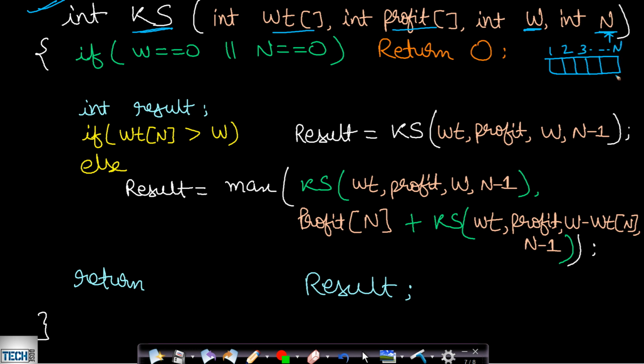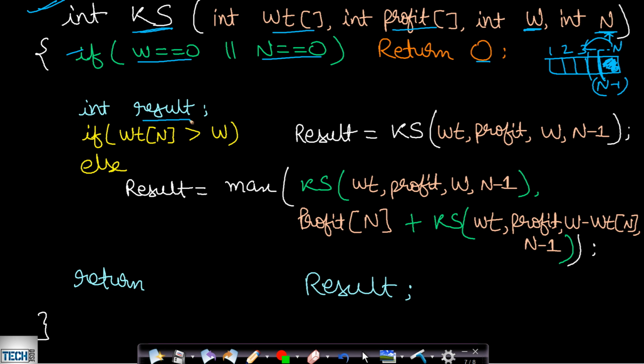So this will be n items. Now once we use this item, then we will be having n minus 1 items. So we will be calling from right to left, and we will be decreasing the size of the problem and also the size of the array. So in this case, this you must have understood from the previous video. This is our base case. When you have no items or you have no space left in your bag, you will have to return 0 as profit.